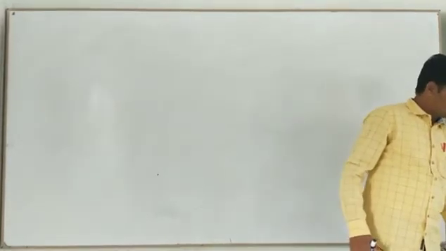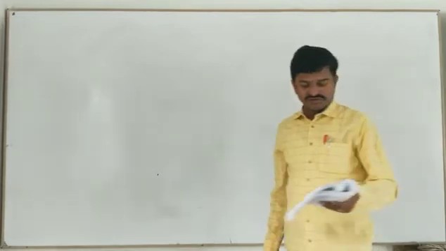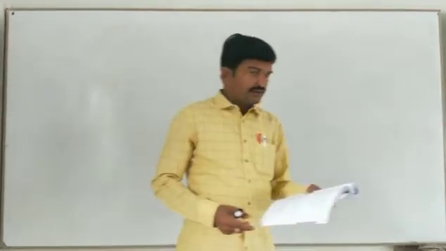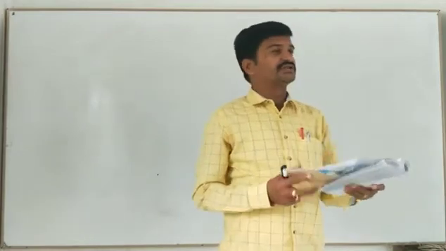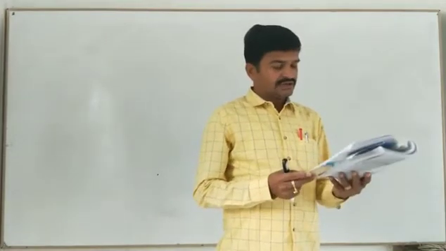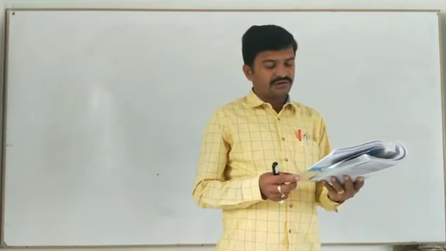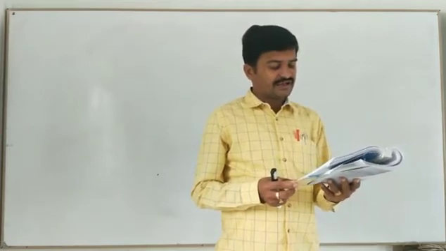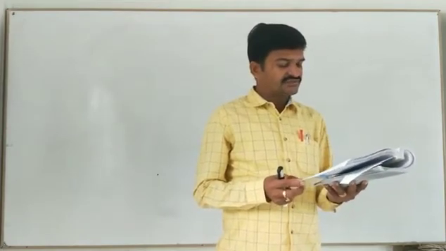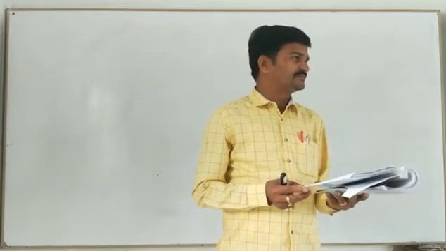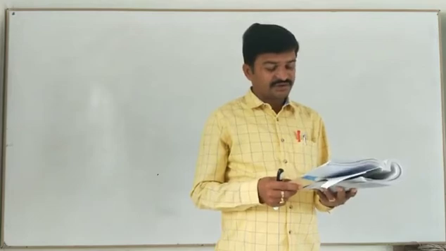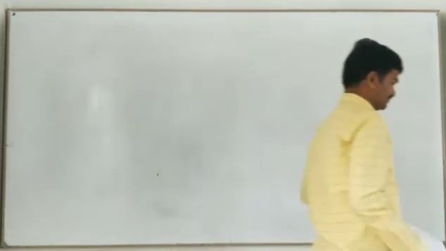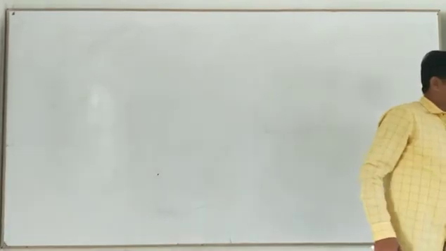In the same way, today let us see one more example, one more model. This is an exercise question, the third one. Here I am reading the question. Draw a circle of radius 3 centimeters. Take 2 points P and Q on one of its extended diameters, each at a distance of 7 centimeters from the center. Draw tangents to the circle from these 2 points P and Q. Have you understood the question?